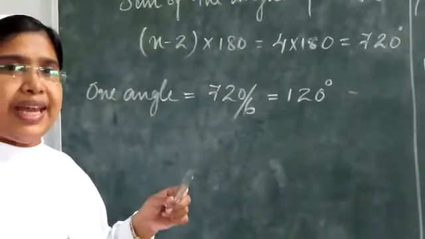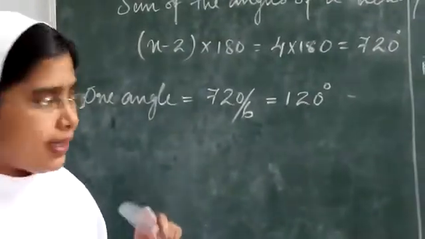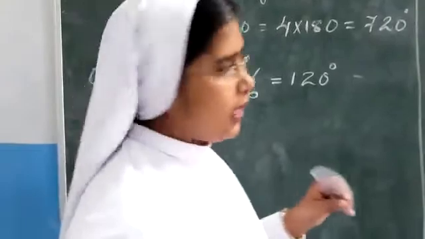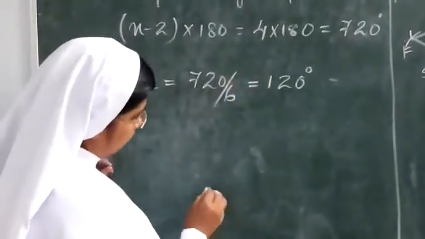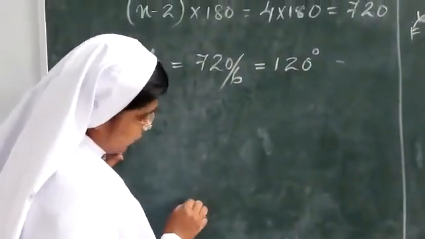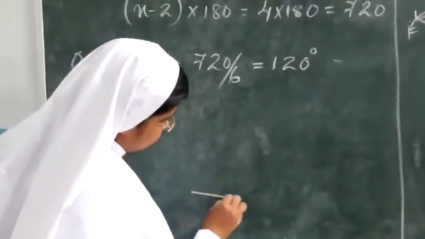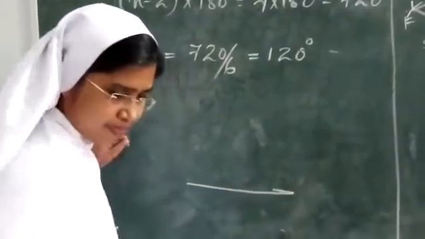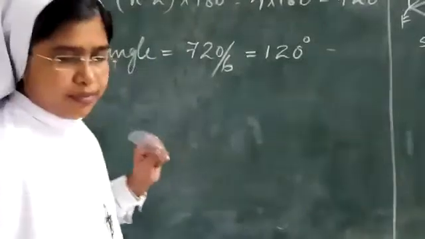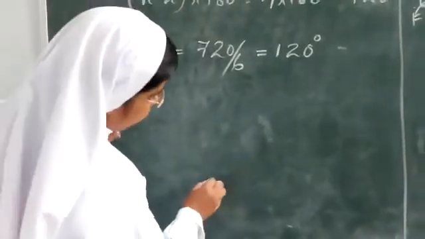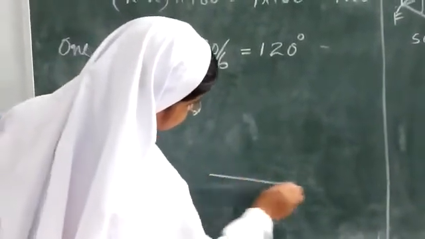We have to draw a hexagon with the equal angles, the same way as I have said here. Using the scale we can draw a line here. When you draw the line, always use the scale.